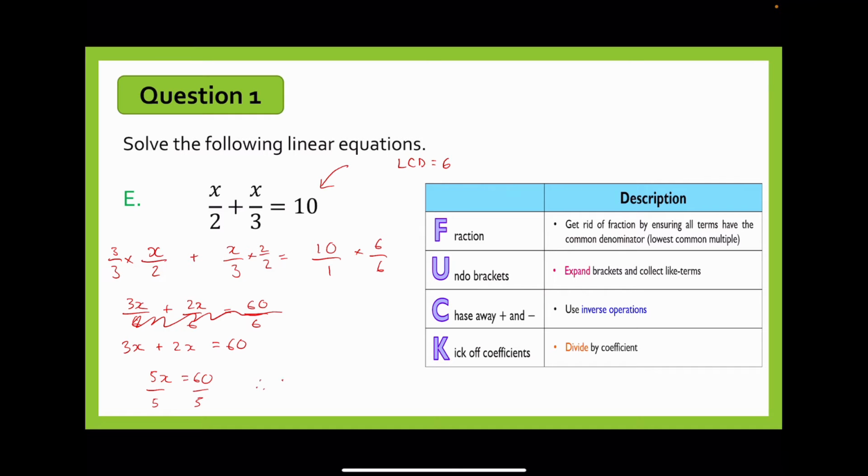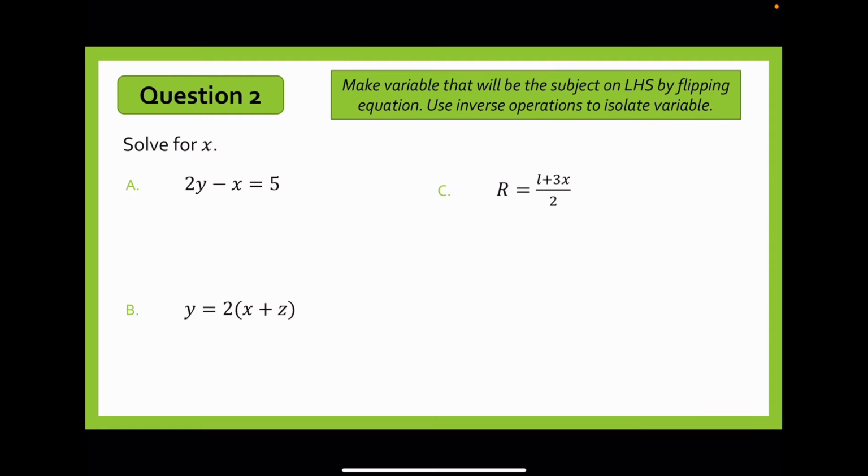Hence, x is going to therefore be equal to 12. Questions 2 and 3 are solving literal equations. Literal equations are essentially equations where you have 2 or more letters. And when you're trying to solve for a particular letter in a literal equation, some of the tips that I